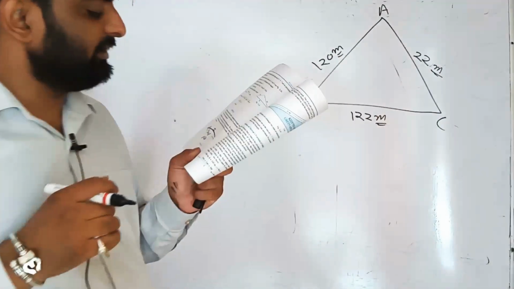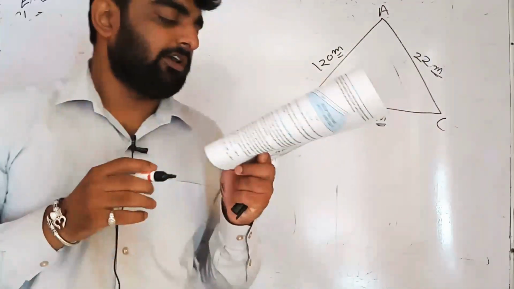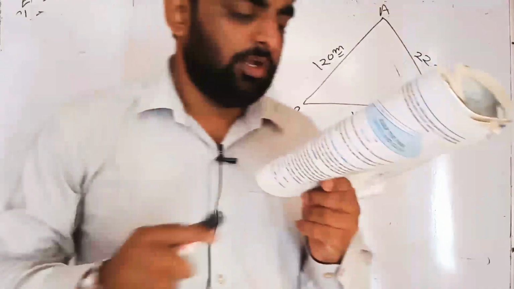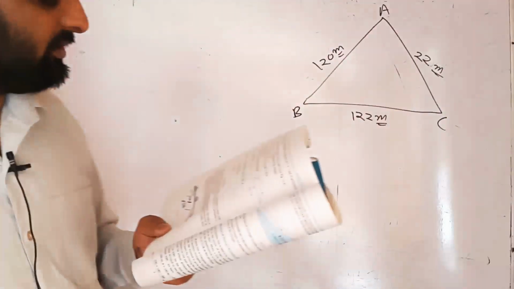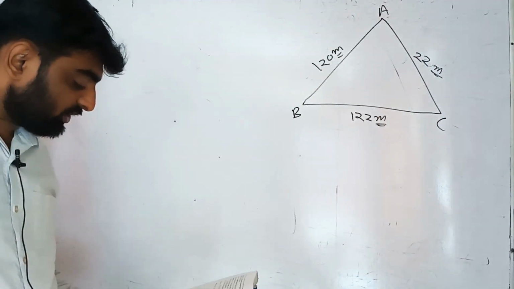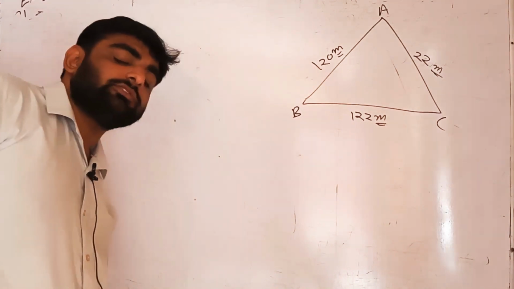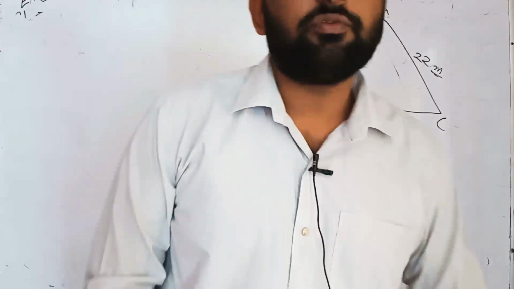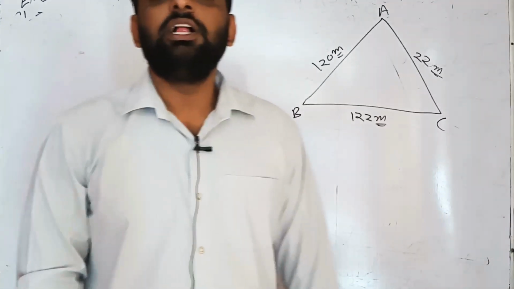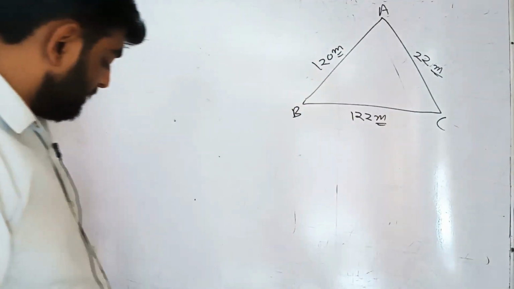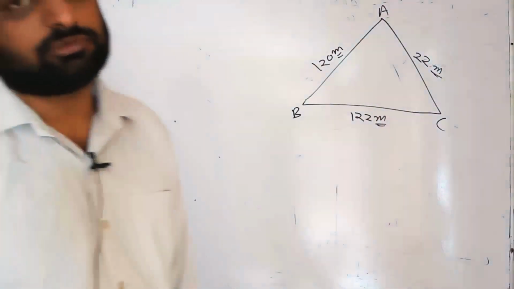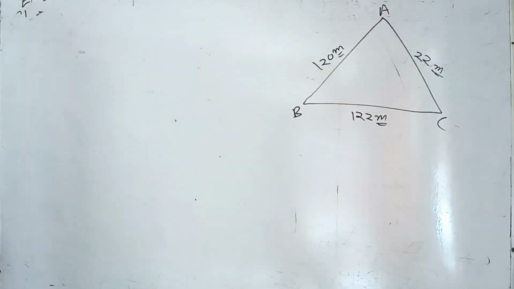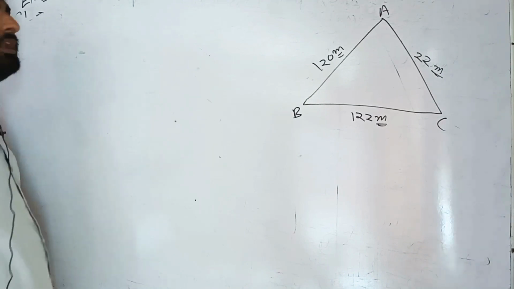The advertisement yields earning of 5,000 rupees per meter square per year. A company hired one of its walls for 3 months. How much rent did it pay? So the costing is given per meter square, so we have to find the area of the triangle. How do we know that? Because the costing is given per meter square, and meter square is for area. So first of all we have to find the area of the triangle.